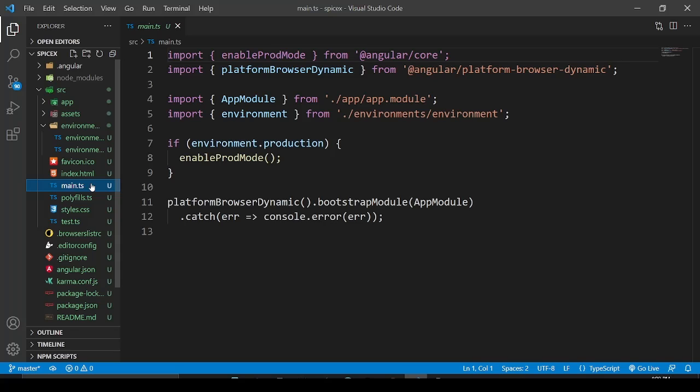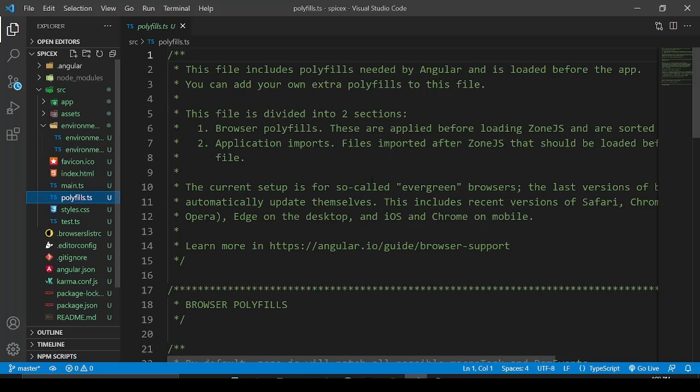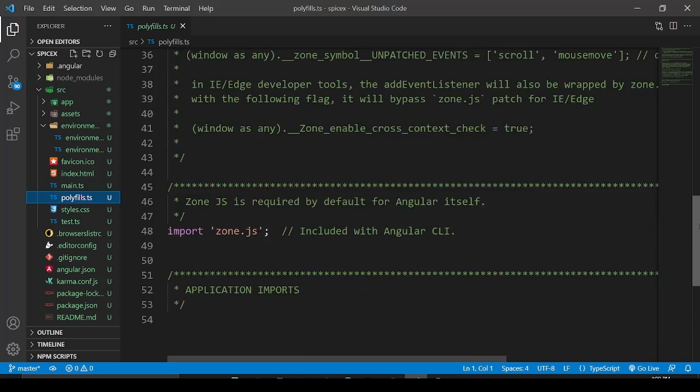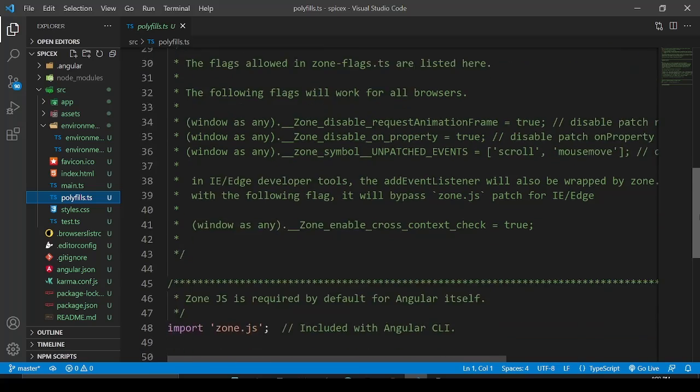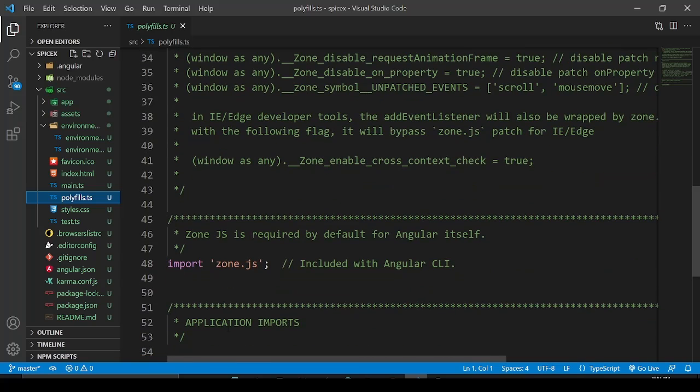Okay. Then next is polyfills.ts. So polyfills.ts provides polyfill scripts for browser support. You can go through this file. All these are comments. Only zone.js is imported over here, as it is included with Angular CLI.